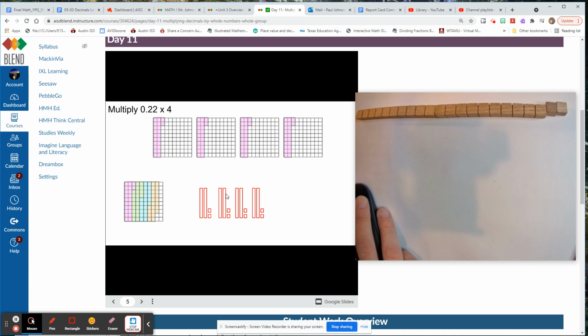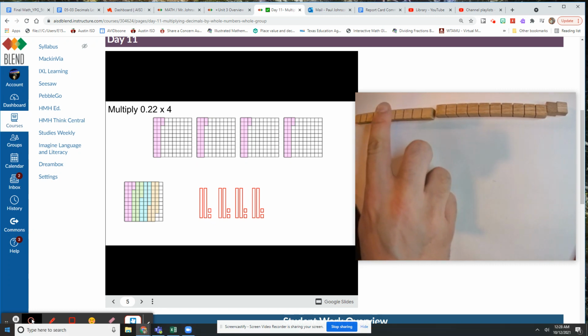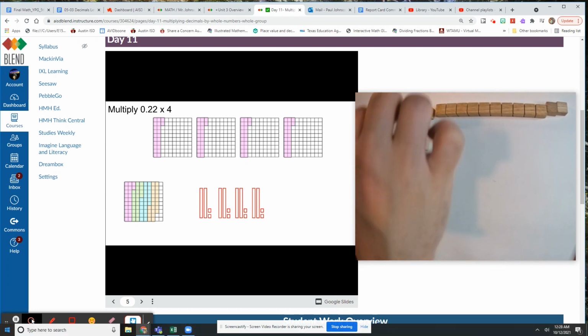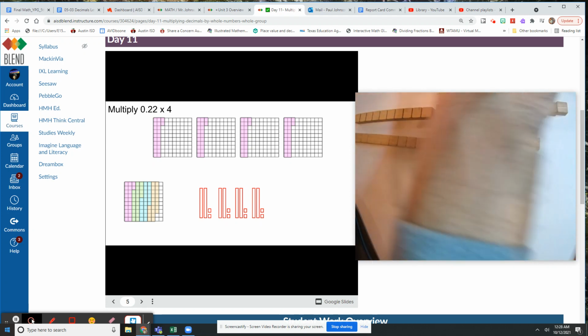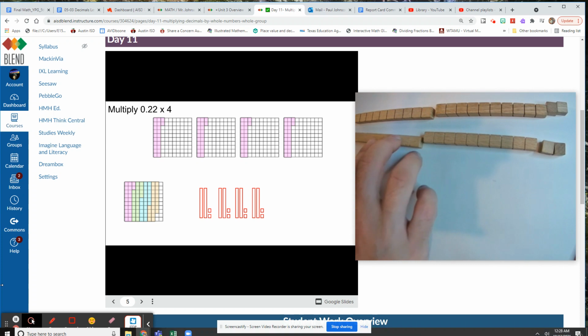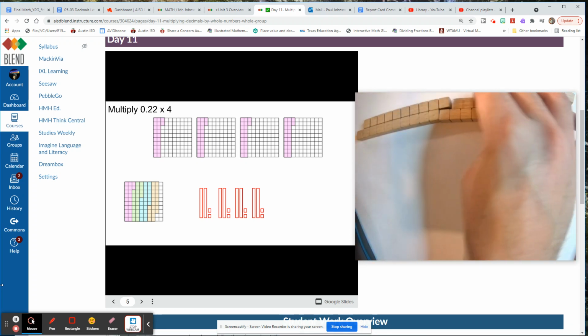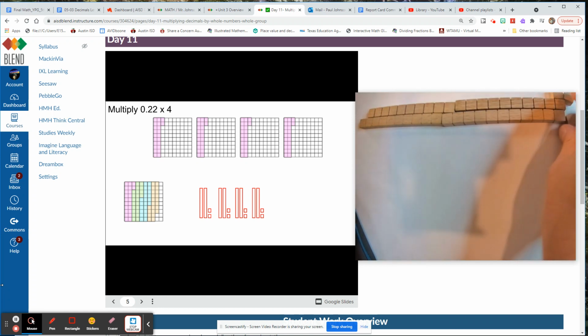All right, there is 22 hundredths 4 times. So this is the non-array version. Here's 2 tenths and 2 hundredths. Kind of what I made up here would be more like the array version if we had more groups. This would be 2 groups. I do not have enough base 10 blocks in front of me to make 4 groups of 22 hundredths, but